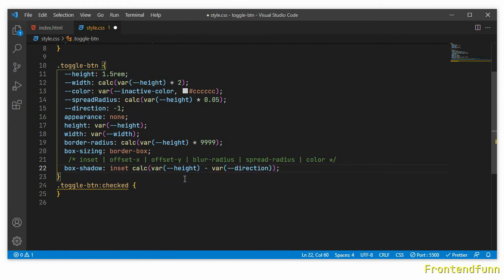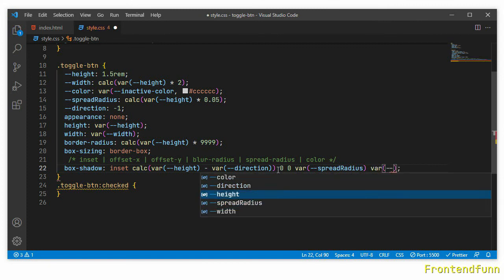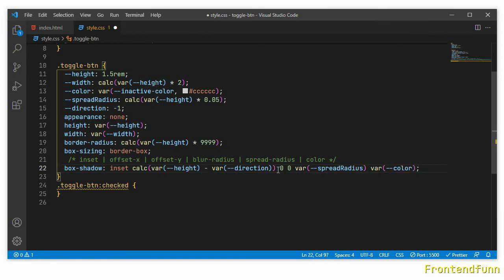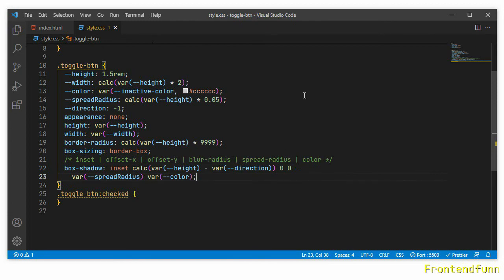So this is the offset x value, and for the y it is 0, and for the blur radius it is 0. And for the spread radius we have defined the spread radius there, and finally for the color we use the color value.